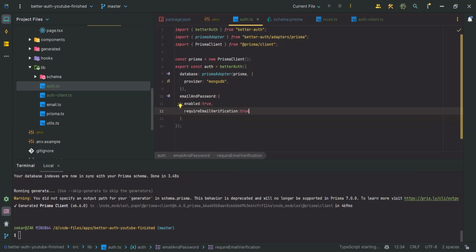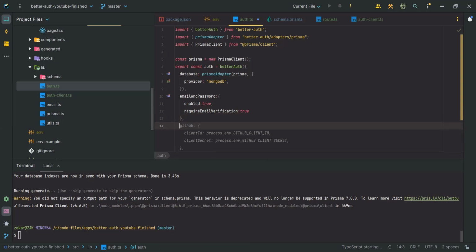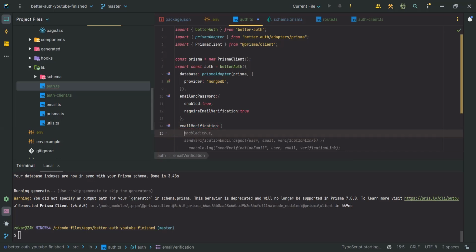Now after this we have enabled our email and password. But after we require the email verification, we need to send the email to the user. So in order to send the email to the user, we need to use a comma, and we need to configure our email verification logic. So in order to do that, we need to say email verification, and we can create an object. Inside this object, we can say send on sign up